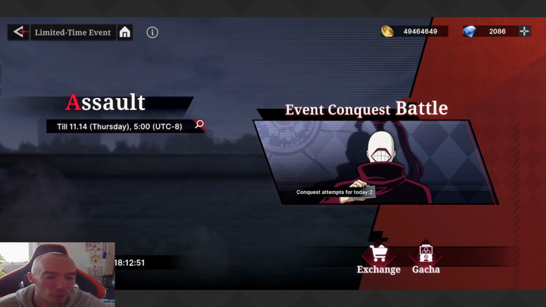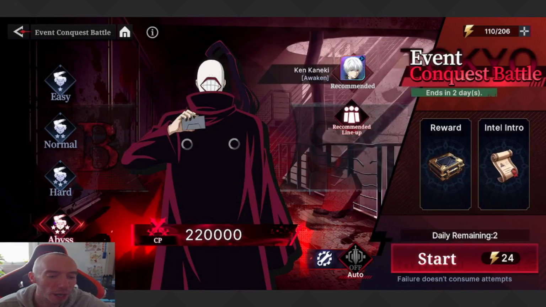We still got a couple days left on this. I want to go over the best team, some tips, some tricks for this event, because you should be trying to grind Abyss as much as possible. The combat power is